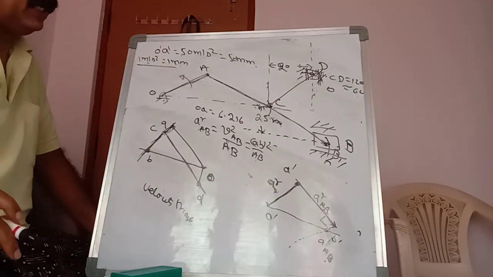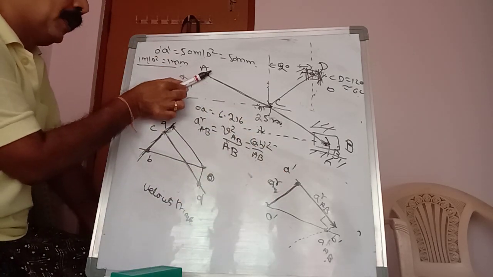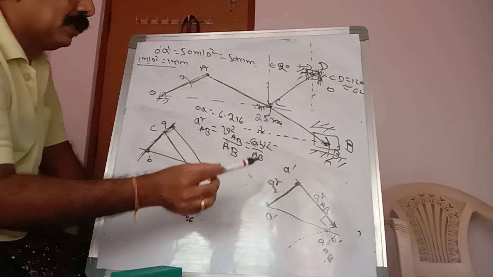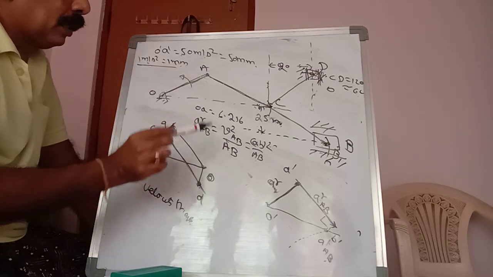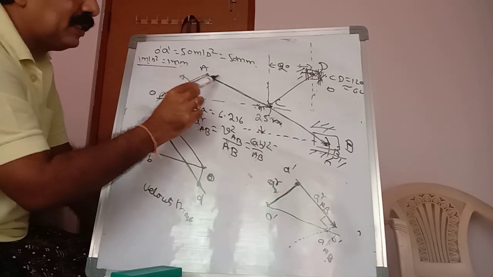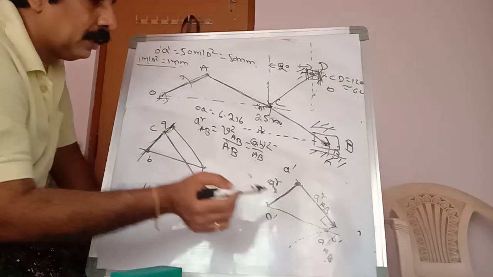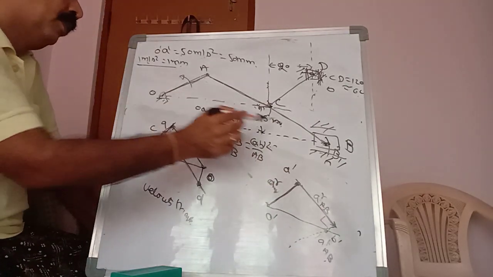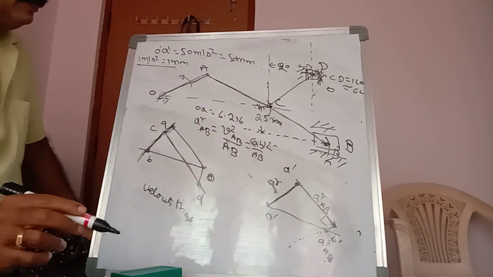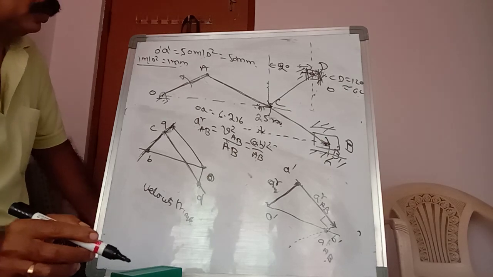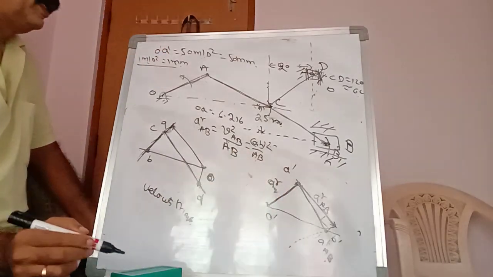Okay, I'm repeating once again. First you have the radial component, which is parallel to O dash A dash. There is no tangential component for OA because it is rotating with constant angular velocity. Now we have to go for AB. For AB there is a radial component and also a tangential component. But to find B dash, because B is a slider, from O dash draw a horizontal line. The intersection point is B dash. Now join A dash B dash.